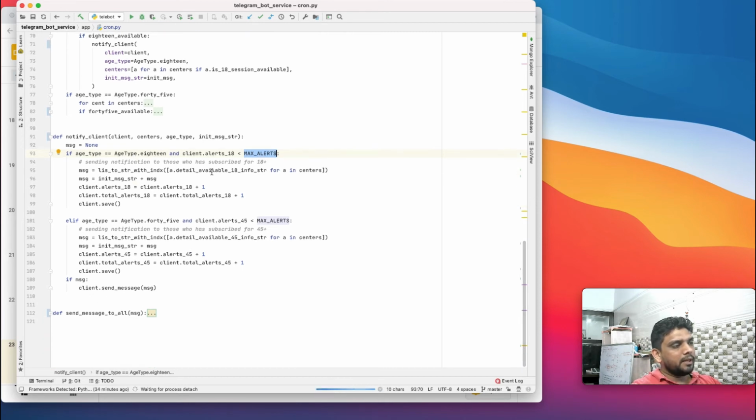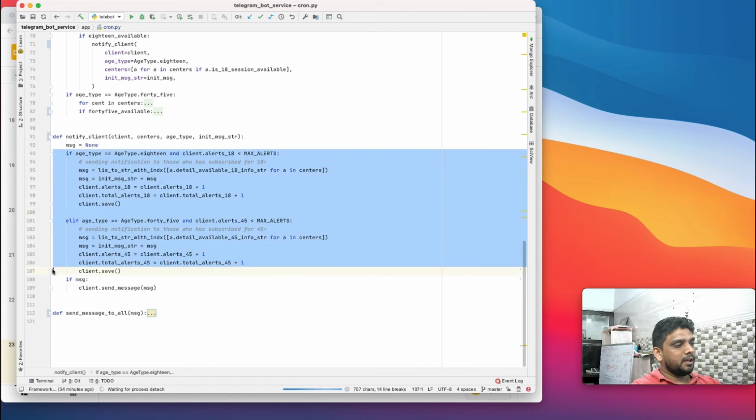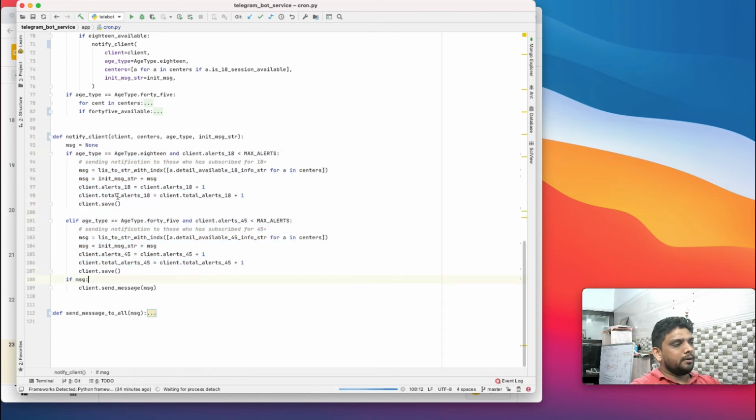So we can put a limit like this, and whenever we send an alert, we increment the counter of alerts. At the same time, we also increment the total alerts we are sending out, because this alert counter gets reset, while the total does not. So this is the functionality. When we send an alert, we increment the counter, and every 2 hours we reset this counter to 0 so that the user can see alerts again.